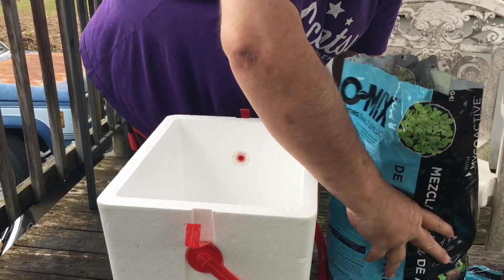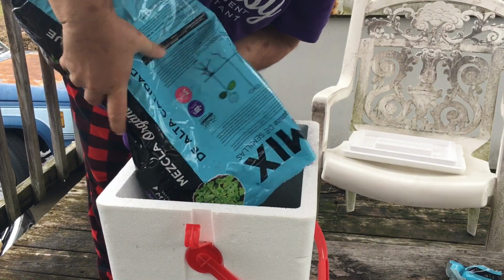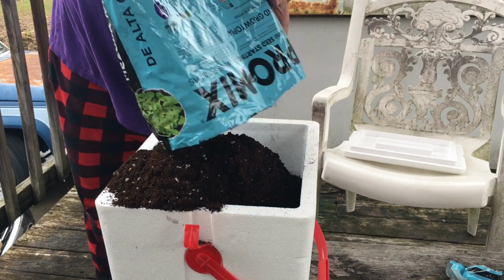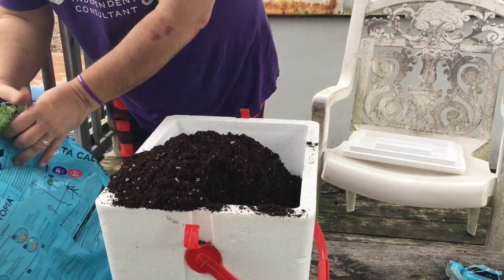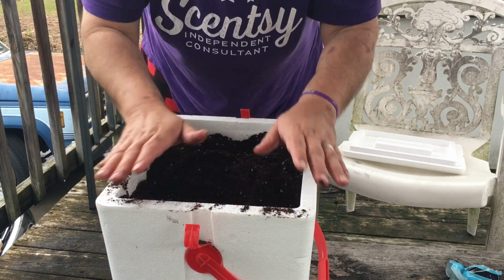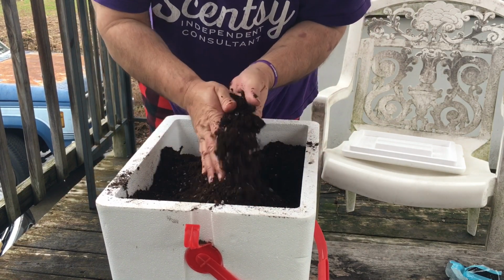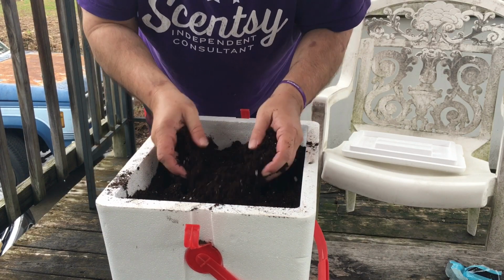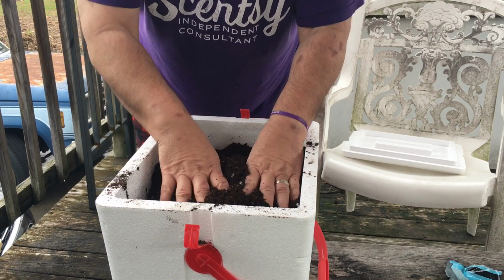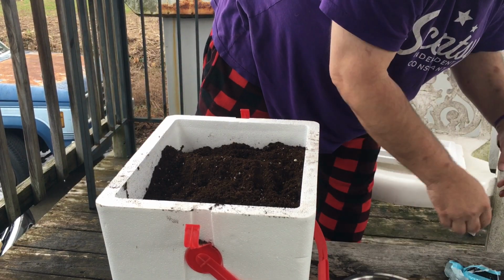I'm going to pour my seed starting mix in this cooler. Now, this could be a step that is just totally not worth it, but I've heard several people talk about this. So, I like to do it, especially since this is going inside my house. Because if there's any kind of eggs or gnats in here, I don't want them hatching out in my house, right? So, what I've got is this cooler, and I have got a pot of boiling water,